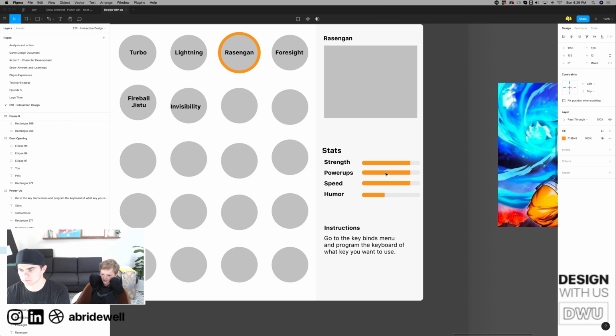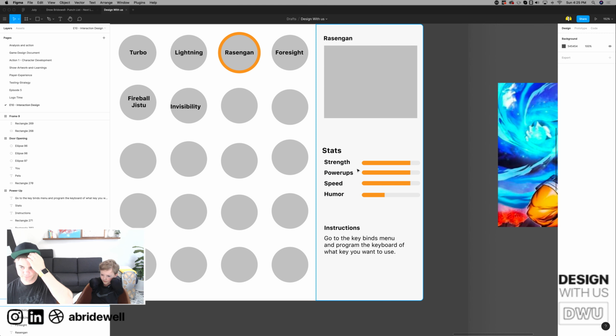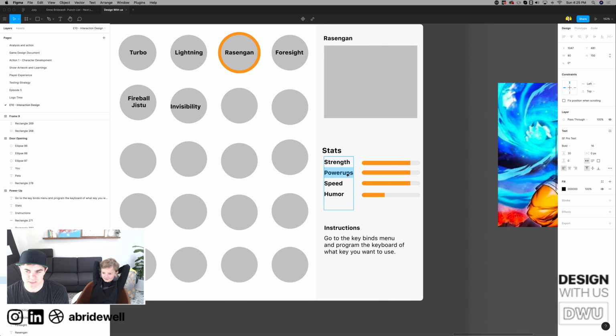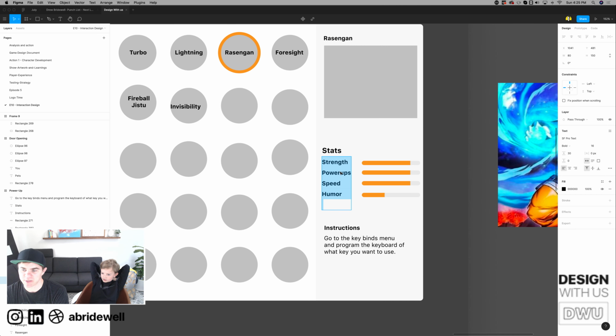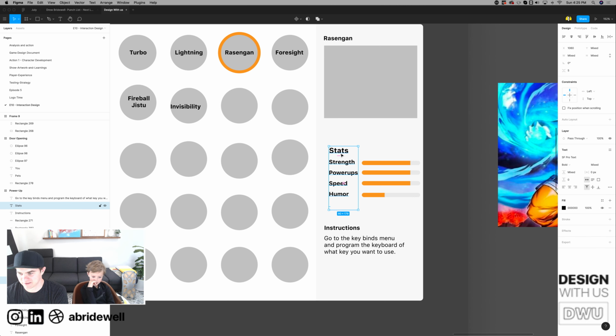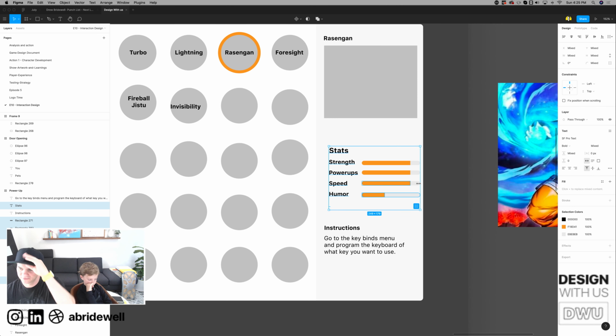Power ups. Wait, that's a stat. Power ups is a stat. No, this wouldn't be a stat. Okay, change that. That could be what? Like strength, speed. I just added those last week for humor. The pet has humor. We want to bring some humor into it, maybe. I don't know. We gotta change this up. Strength, speed, and